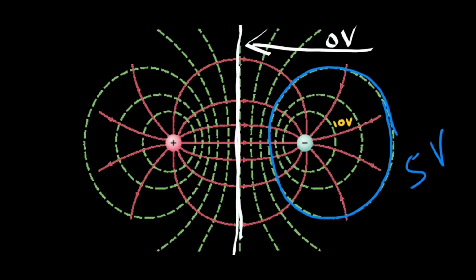That is, everywhere the potential is the same, and hence this surface represented by the blue line is called an equipotential surface having 5 volt of potential. Similarly, the circle near the negative charge shows a potential of 10 volt. That is, each point on that circle has a potential of 10 volt, and hence that surface is called an equipotential